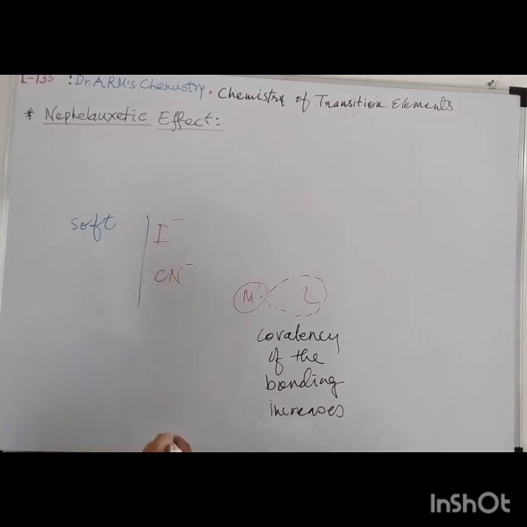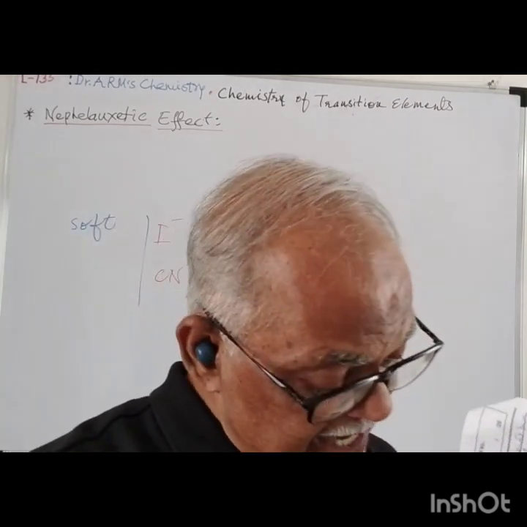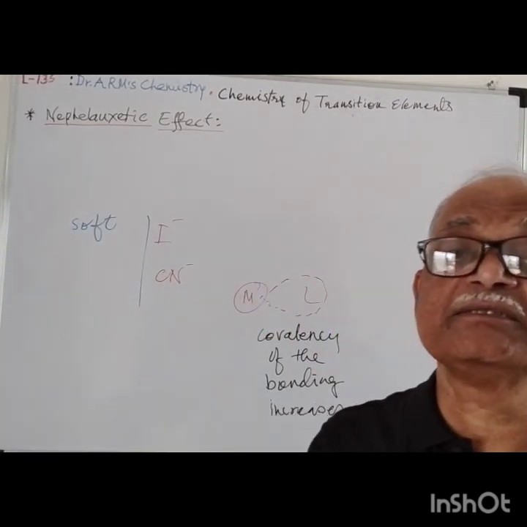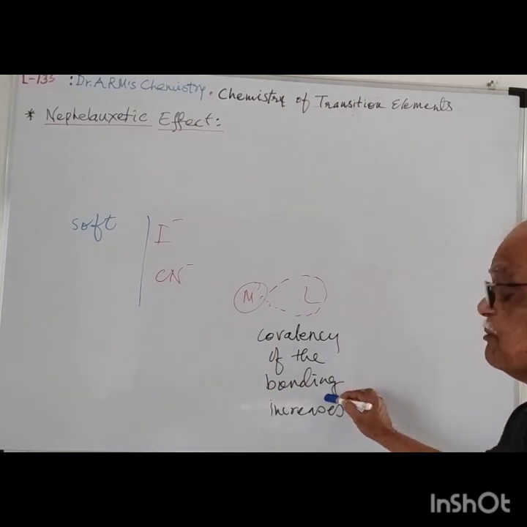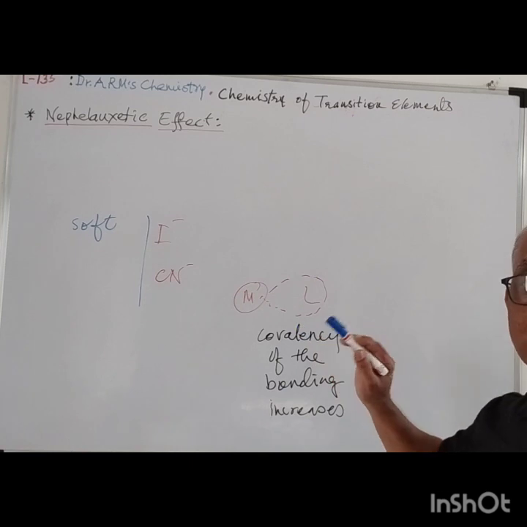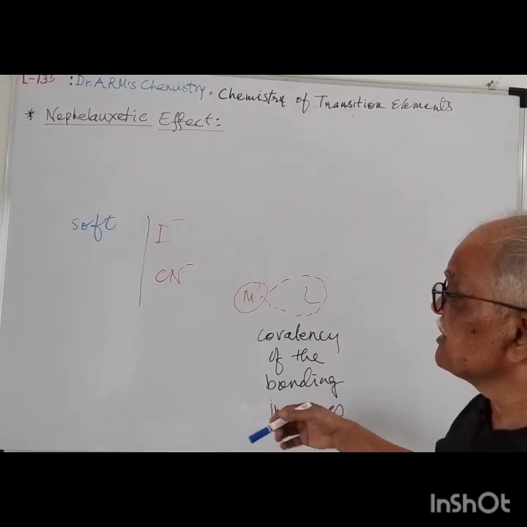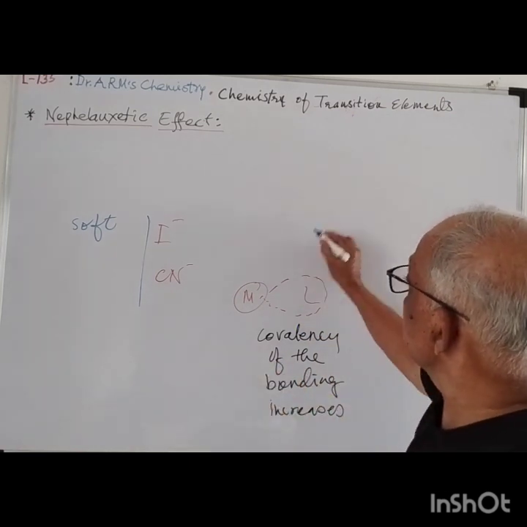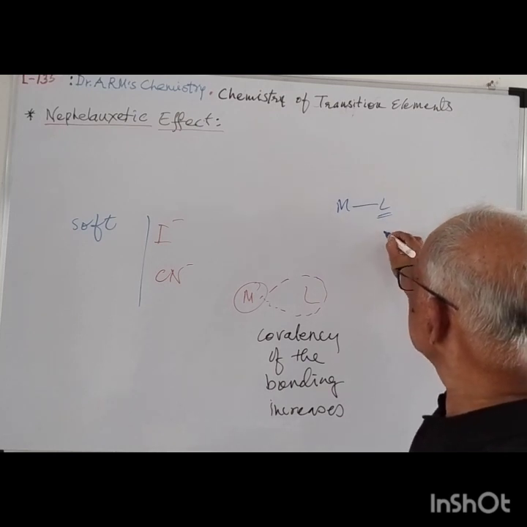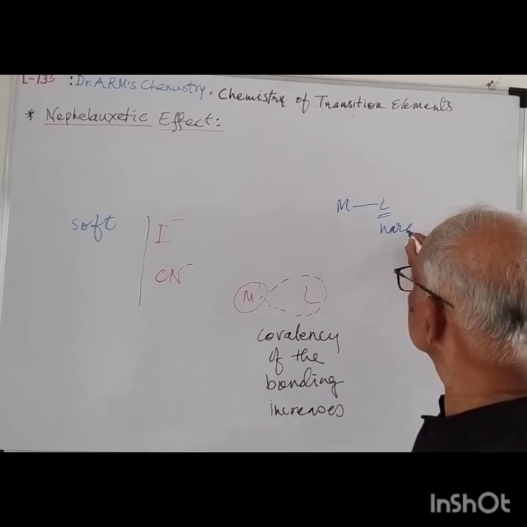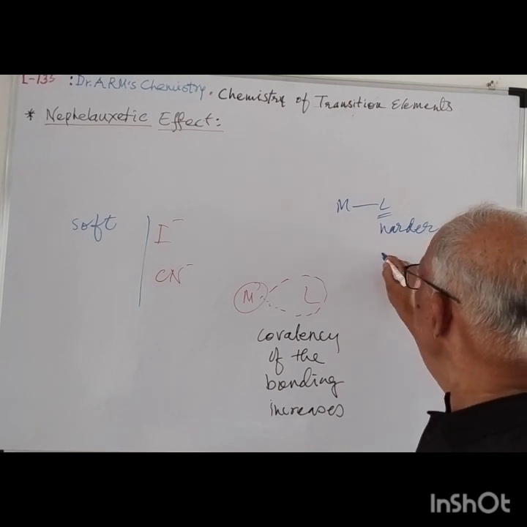More softness of these ligands increases the Nephelauxetic effect, and the covalency of the metal-ligand bond also increases. But if the metal-ligand bond is formed where the ligand is harder, the covalency